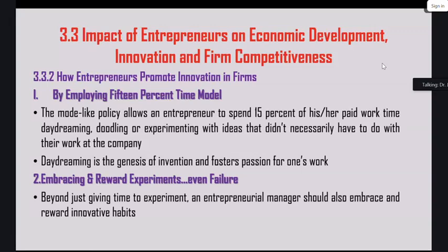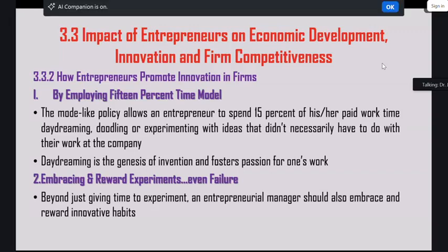Tunaangalia kwamba mchango wao, hao watu wana promote vipi innovations kwenye taasisi zetu, kwenye firms, kwenye kampuni au kwenye taasisi kwa ujumla. So we talk about the impact of entrepreneurs on economic development, innovations and the firm competitiveness. Tumecover part ya kwanza on the impact of entrepreneurs on economic development. Tunaenda part ya pili, impact of entrepreneurs on innovations specifically tukiangalia innovation on the part of the firms. So one is that these people promote